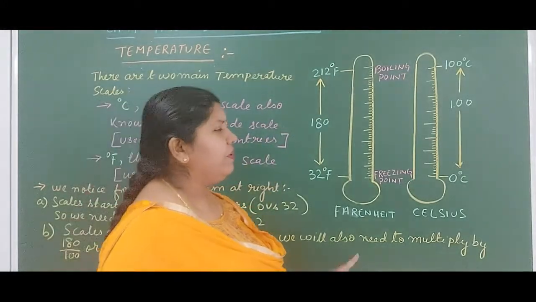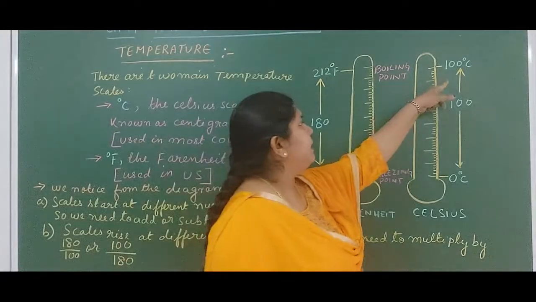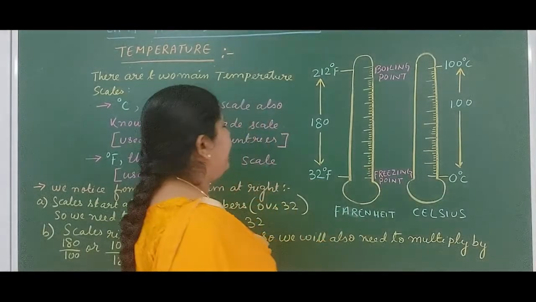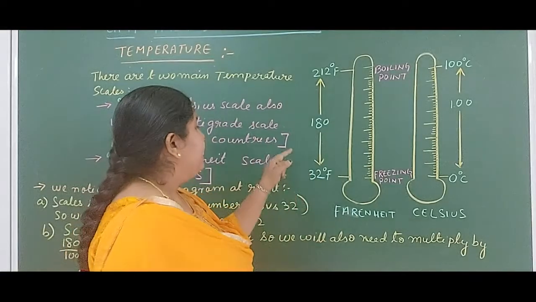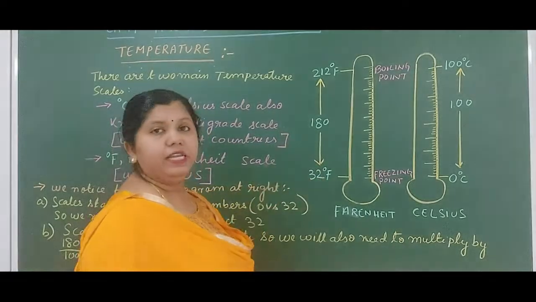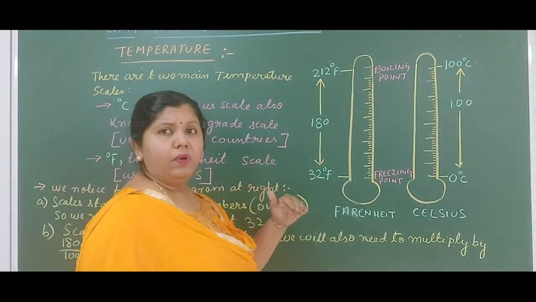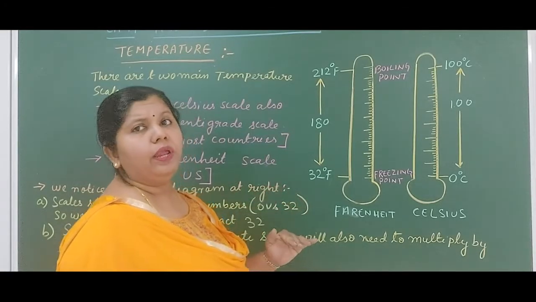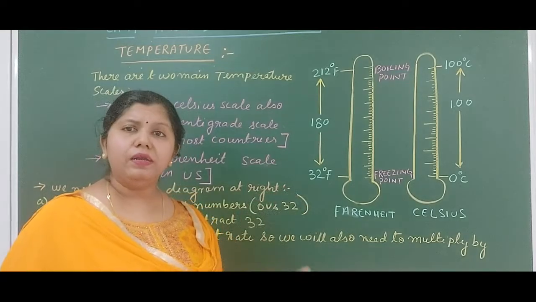When we take the difference between the initial temperature and the final temperature, that is 100 degrees centigrade minus 0 degree centigrade, the difference comes out to be 100. And here, the difference between the initial temperature and the boiling temperature, that is 212 degrees Fahrenheit minus 32 degrees Fahrenheit, we get 180. So this difference in the scales and range is going to help you in finding the formula for conversion of these two temperatures from one to another.